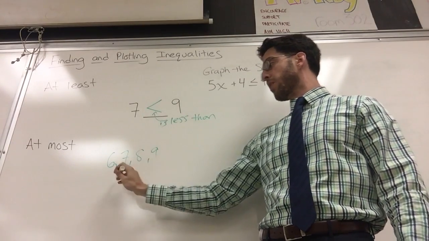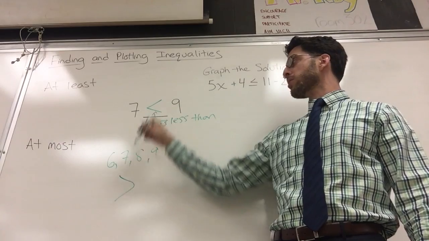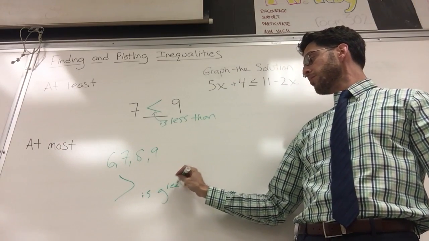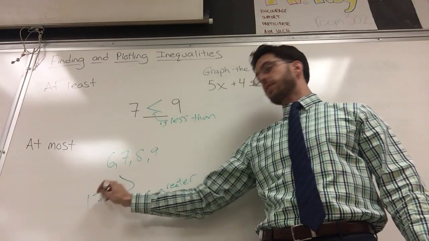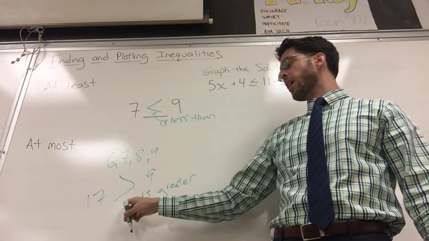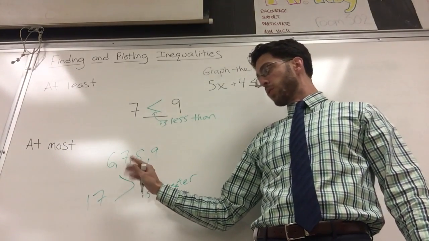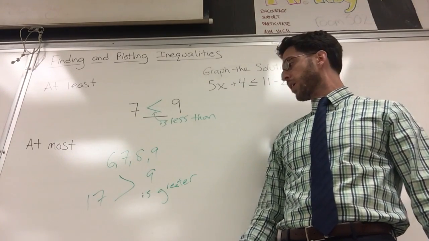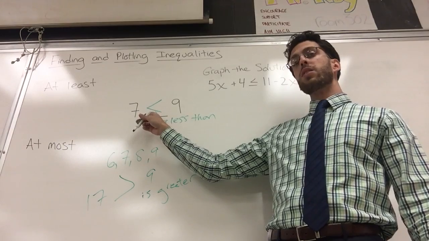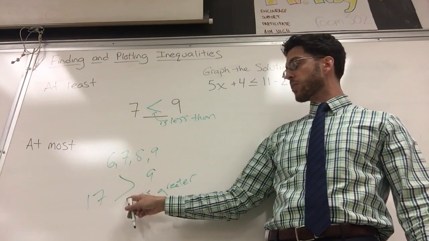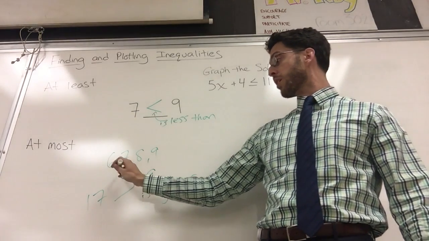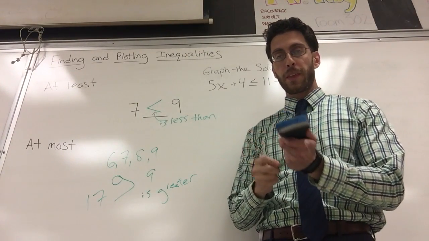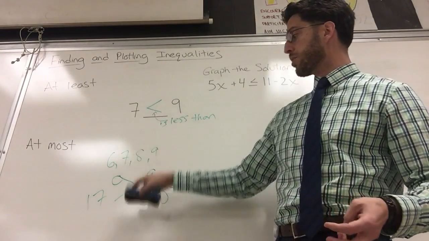If it's backwards, if this is the symbol you're looking at, obviously it's the reverse of this, so that is greater than. Maybe I could have said 17 is greater than 9, and you read it, well, look at that, Pac-Man's eating the bigger number that way. 17 greater than 9. This looks like an L, so remember it means less than. This kind of looks like a G, so remember it means greater than. See? I put a little hook, now it's a G. Now that we have the symbols down,